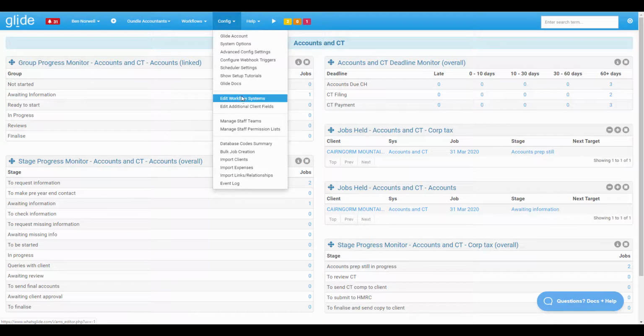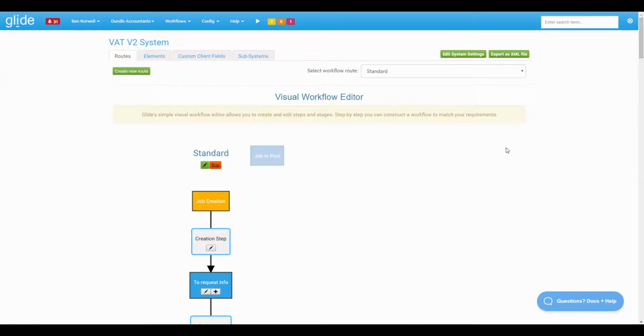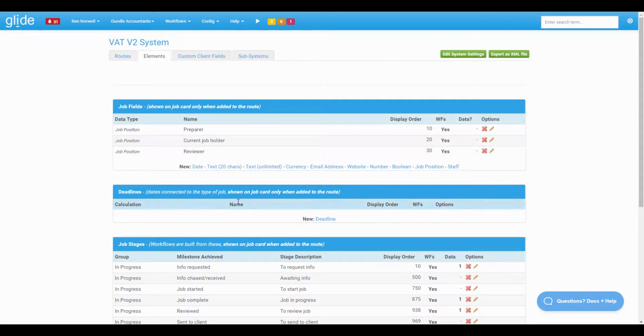So config menu, edit workflow systems, and I'm going to be back in the VAT V2 example that we've been working on already in the first 2 videos. Now, to add a new deadline, I need to come to the Elements tab. Remember, this is a single subsystem workflow. If you have multiple subsystems, you might see multiple Elements tabs, and of course you'd want to go to the appropriate one. And I want to just find the deadline section right in the middle here,